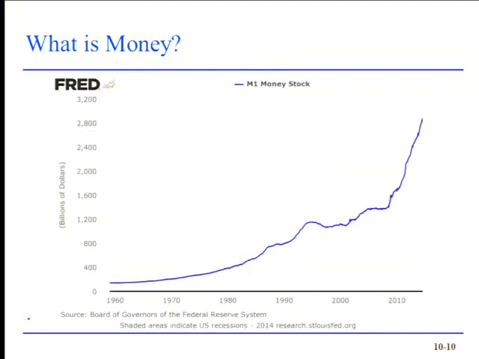Now, this is a graph of what M1 has done. The thing to notice about this graph is that, goodness, it looks an awful lot like the increase in real GDP. Remember, our long-term chart of real GDP has a shape that's something like that. And that should make sense to you. Remember, real GDP is also expenditures. If expenditures are growing, chances are we need more money, more medium of exchange to facilitate all of those transactions. So it's not surprising at all that this chart looks very similar to our GDP chart.